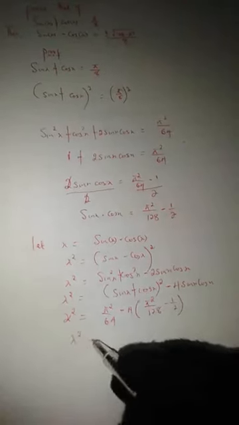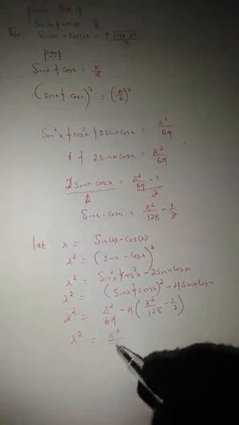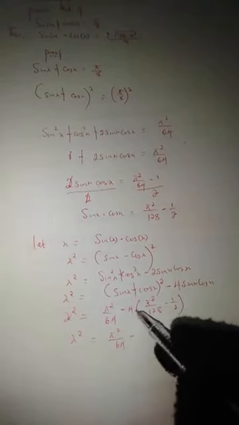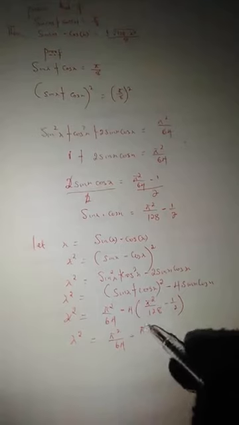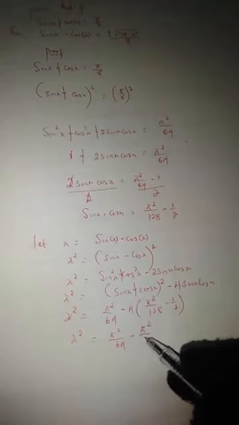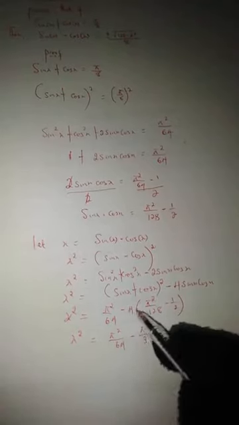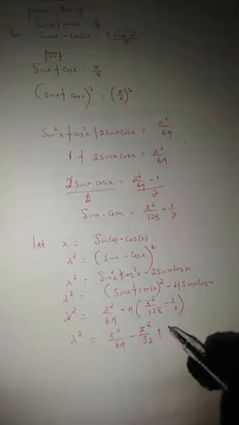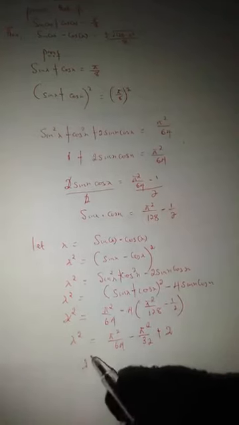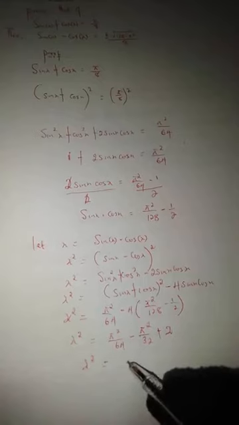We have x squared is equal to pi squared over 64 minus, 4 times this reduces the denominator, so we have pi squared all over 32, then plus, because we are multiplying these brackets, everything in the bracket will be negative 4. So plus 4 times 1 over 2 is what? 2. So we have x squared is equal to